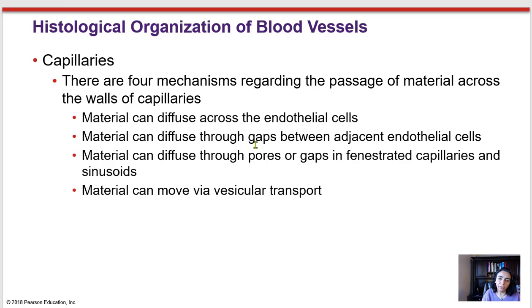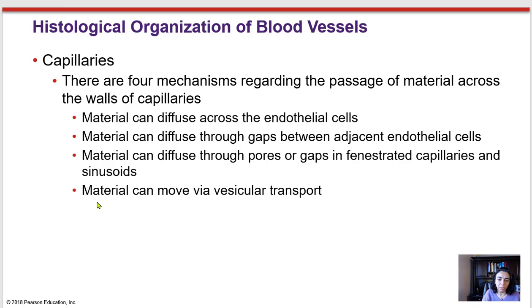Some of the material that cannot pass through the cell membrane, if there is another way, they can pass between the cells, right? Materials can diffuse through pores or gaps. If it is a pore, it's a fenestrated capillary. If it is gaps, that is the sinusoid capillary. So this is the one that gives an option to those bigger molecules. If they cannot pass through the continuous capillaries, they can pass through the fenestrated and